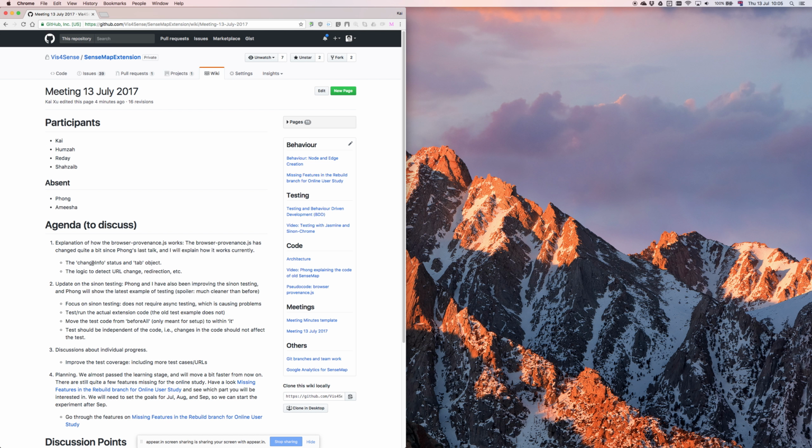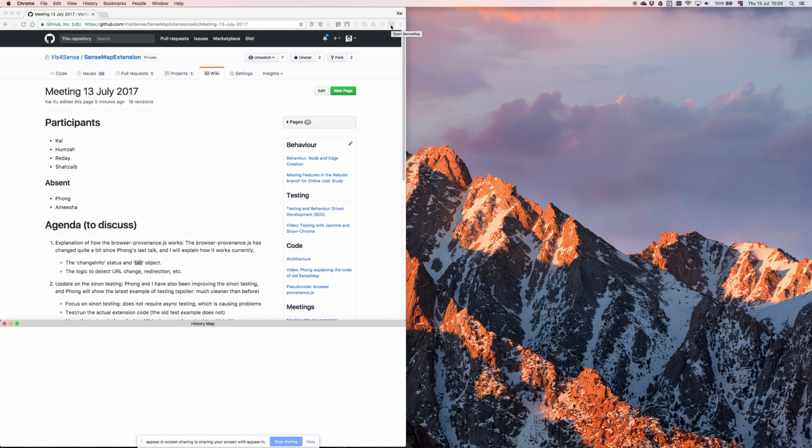So, explaining, there's two things quite important. One is called a change info, one is called tab. These are being returned by the Chrome browser every time something happens. So if I turn on the history map,